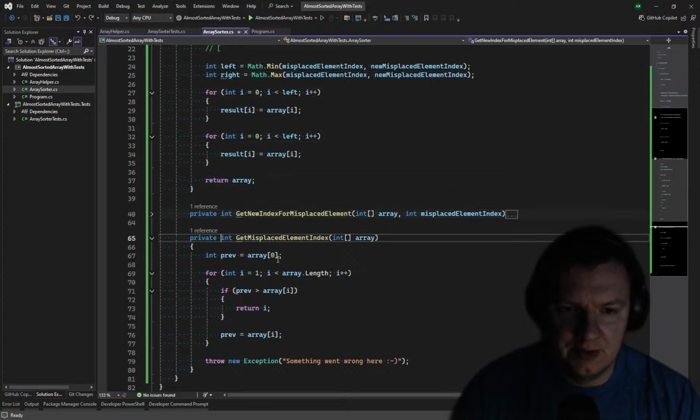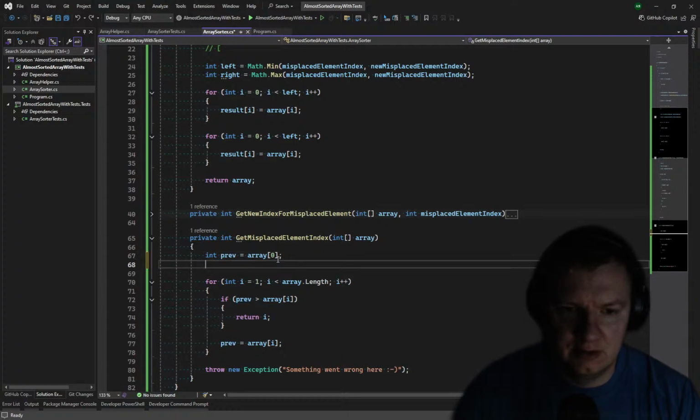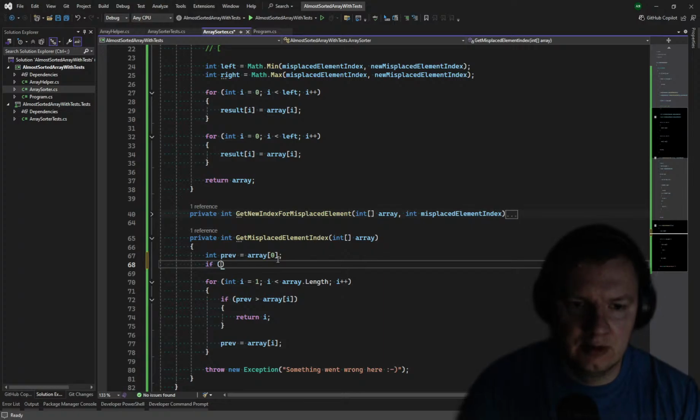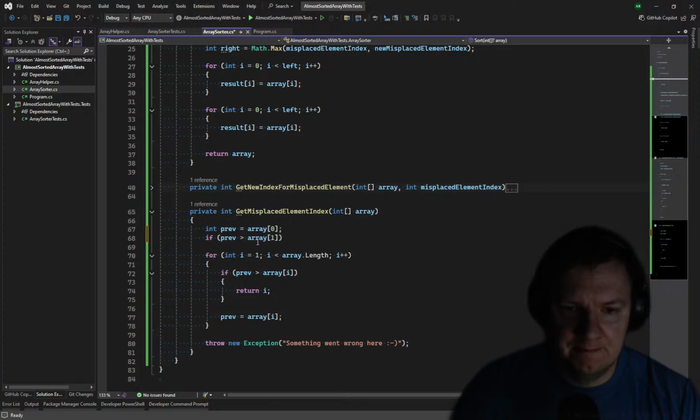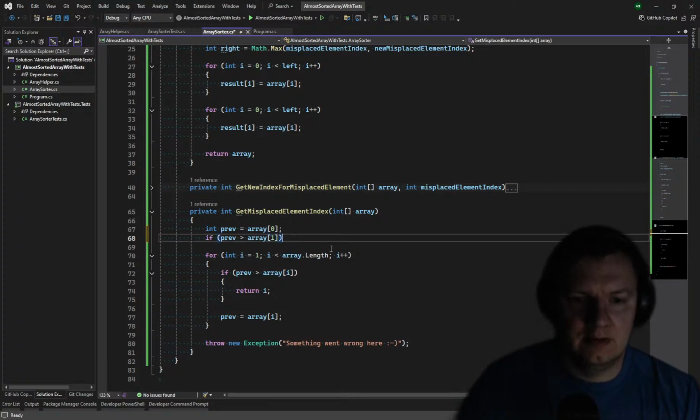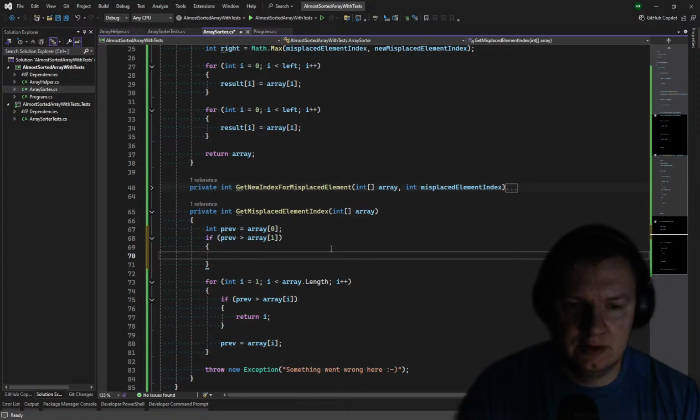The only one thing here, we need to check the first element. If previous one is bigger than the first one, and we know that our array will have at least 2 elements because we have this condition. So if it's bigger,